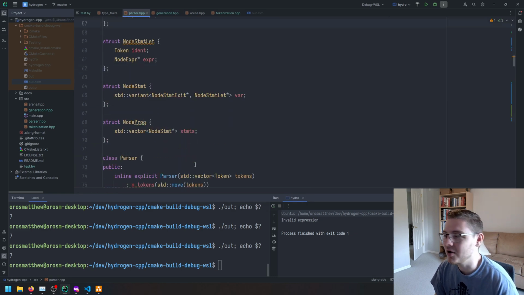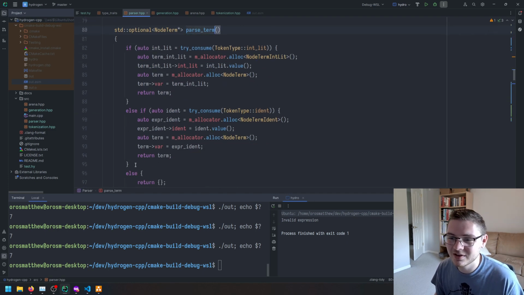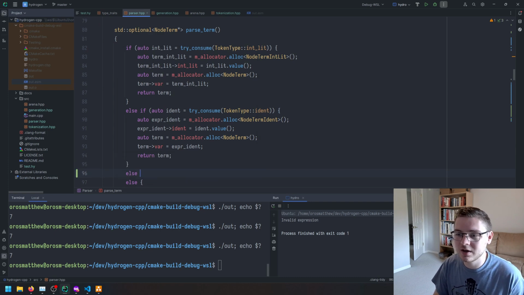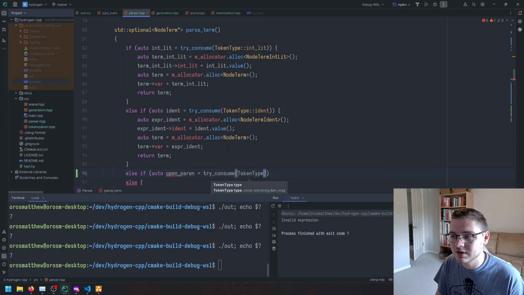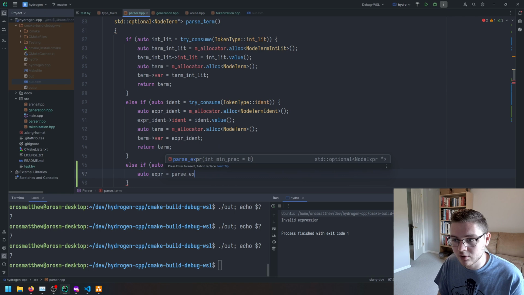Wait, we didn't modify our parser. I just noticed we actually need to modify our parser. So we need an else if auto open paren equals try consume token type open paren. And then we need to create an expression. No, because we're going to parse for one. So what we need to actually do is auto expression equals parse expression,